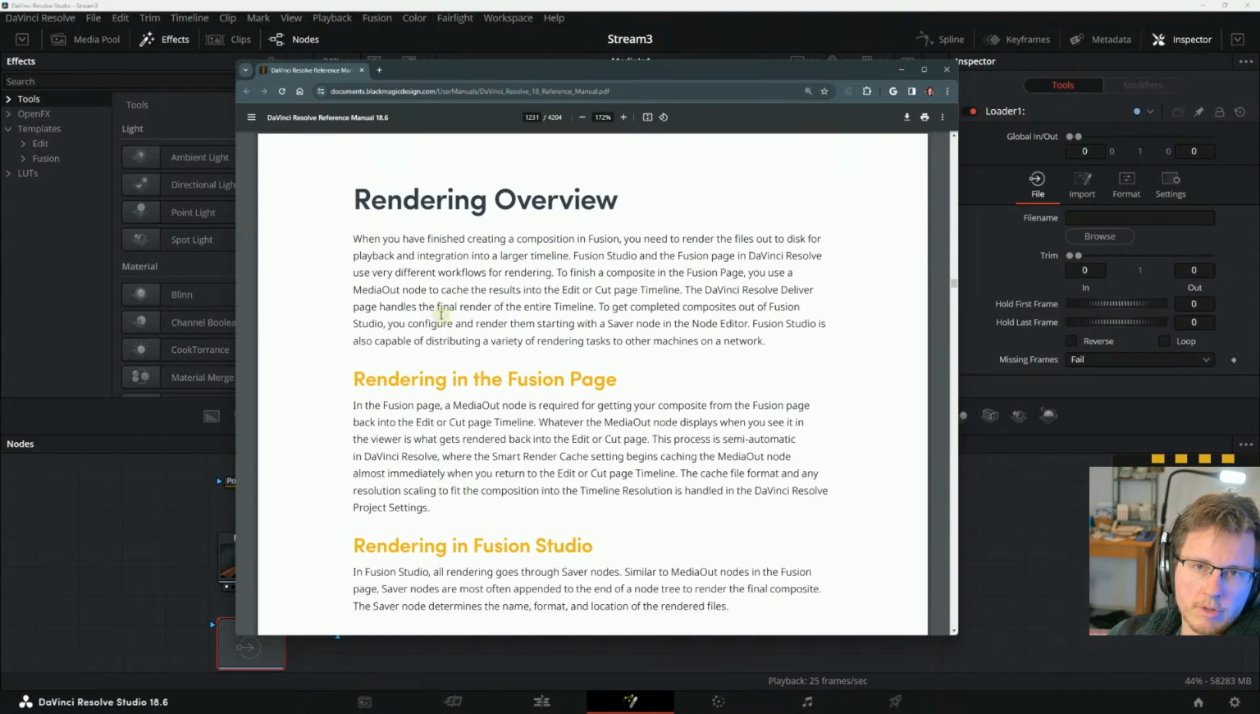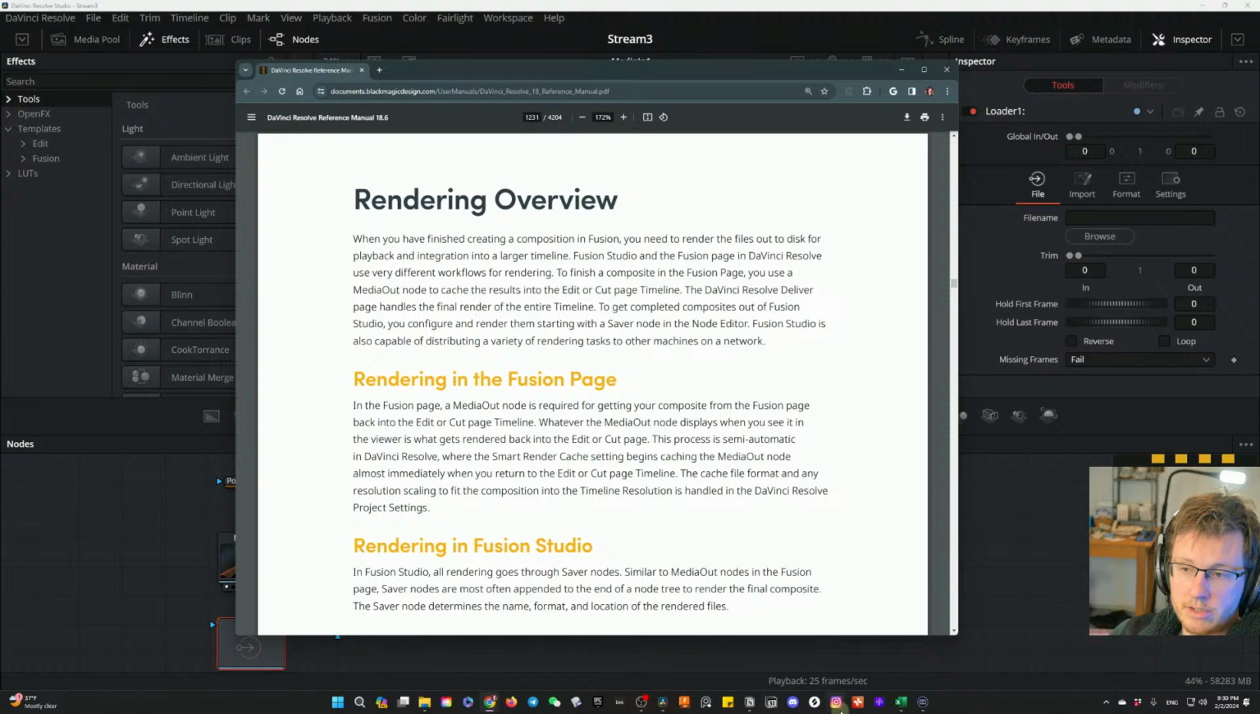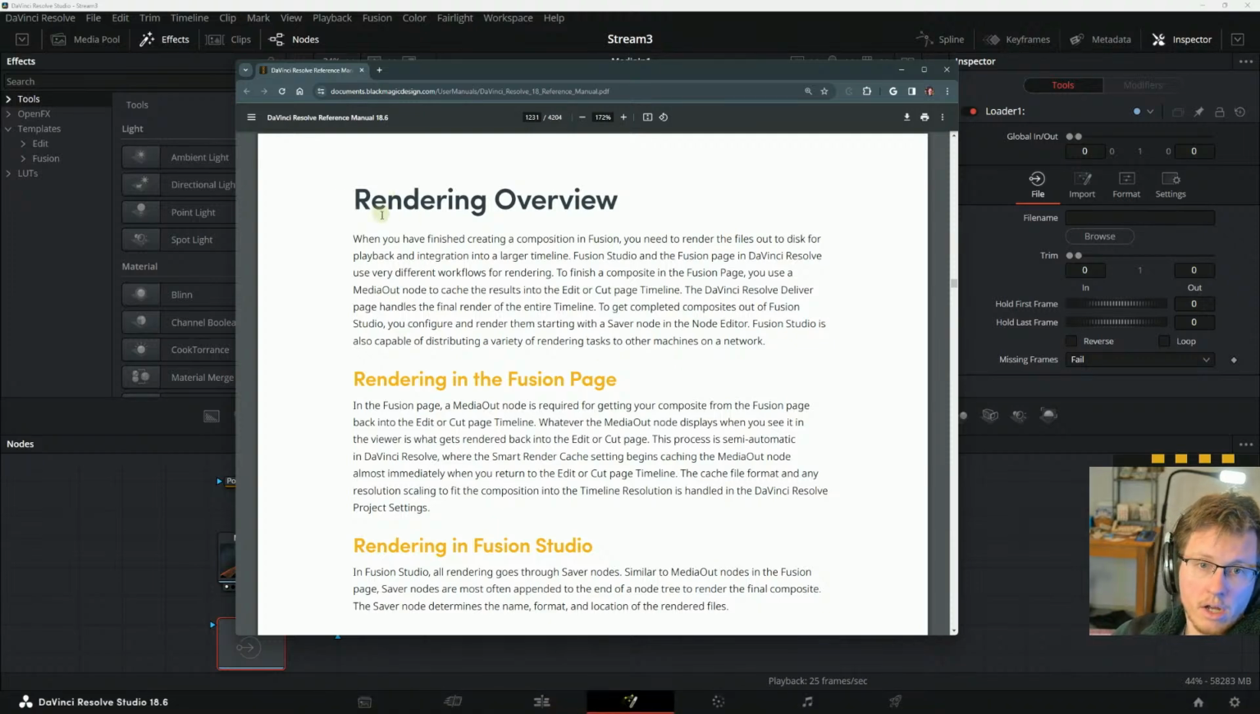Rendering overview. I'm gonna read this kind of quick. And then maybe we'll have hit that 40 to 50 page. We've got like half an hour more. Let's go. Rendering overview. When you have finished creating a composition in Fusion,